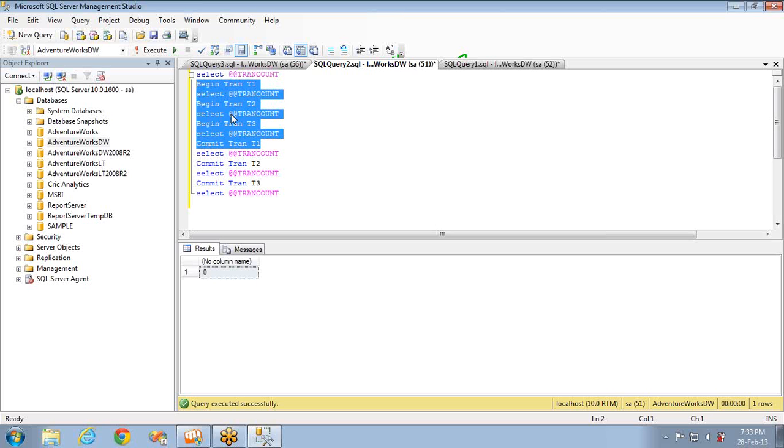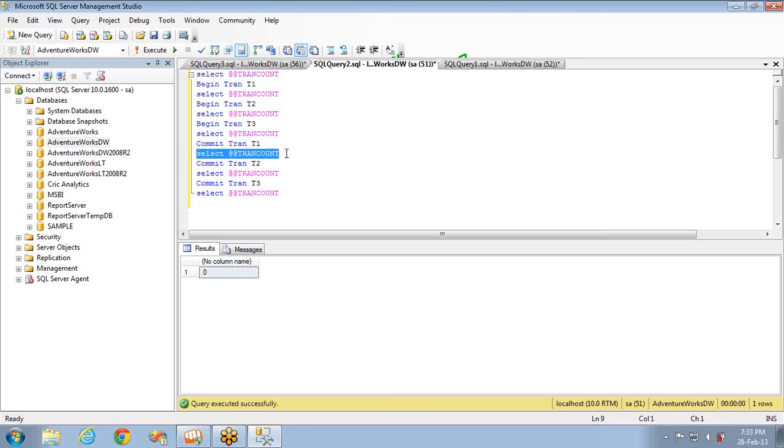What will happen if I commit this one now? If I execute the query in this fashion, what will be the output of this particular select statement and this particular select statement? Can you go for a guess or just try what will happen? Now tell me guys, what will be the output of this particular select statement? Okay, if you guys are saying error, that's a good answer. Any other guess? Yeah, I got different answers, and good.